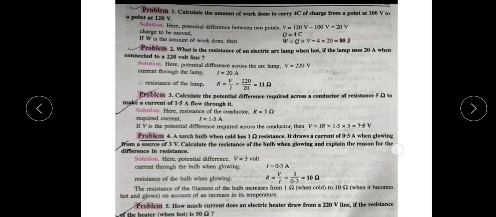So we are going through the problems. The first problem is